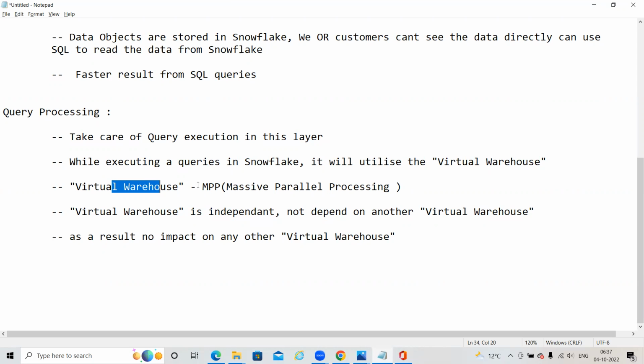That's why we call it massive parallel processing. Within your database there can be multiple virtual warehouses. There is a little ambiguity here, so let me explain what virtual warehouses are. Then only we'll understand.